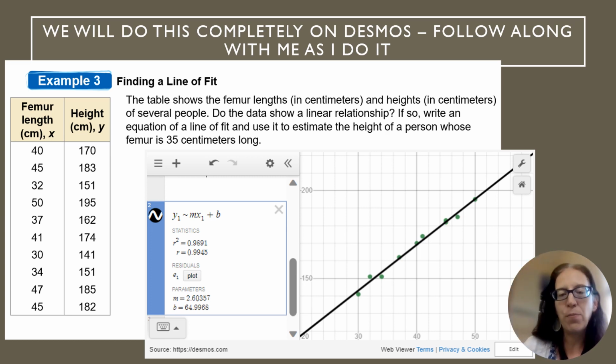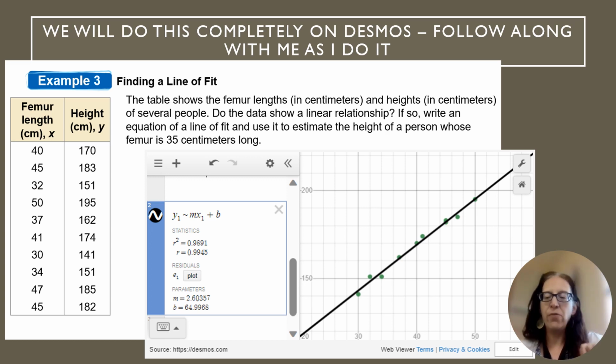Okay, now the problem here is that we got this awesome table and we can't see any of the points. In the lower left, there is this little magnifying glass with a plus sign on it that says Zoom Fit. What that does is it takes our Desmos window and zooms it however it needs to be zoomed to find the points that we plotted. So you don't have to zoom in, zoom out, use your scroll wheel. Just click Zoom Fit